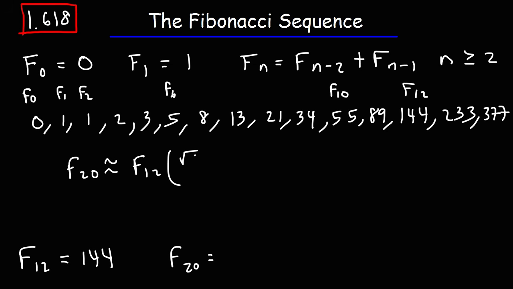Since we're increasing, we're going to use the square root of 5 plus 1 divided by 2 raised to the 8th power, because 12 plus 8 is 20. We need to multiply f sub 12 by the golden ratio 8 times to get to f sub 20. So go ahead and type that in. So this is going to be 144 times